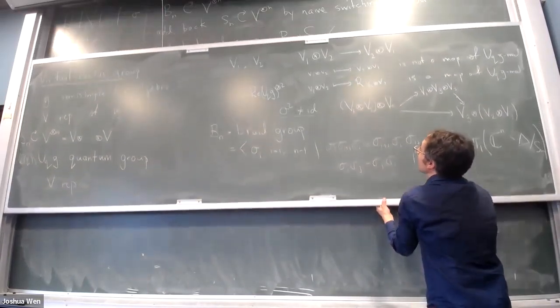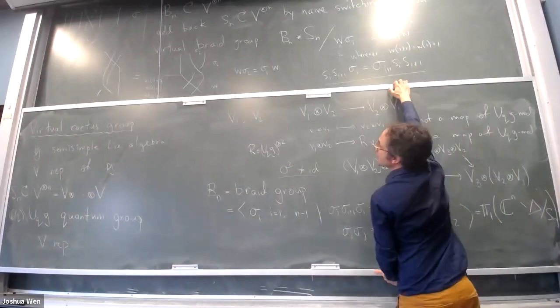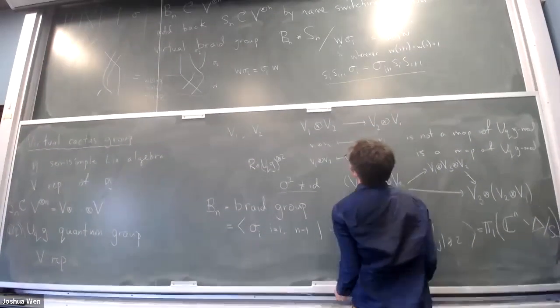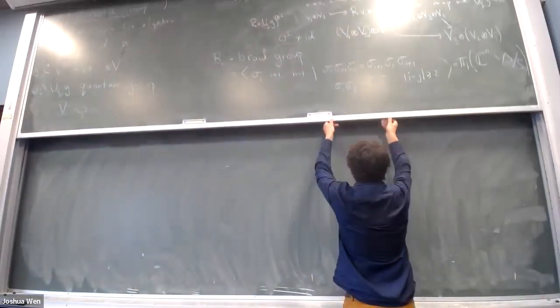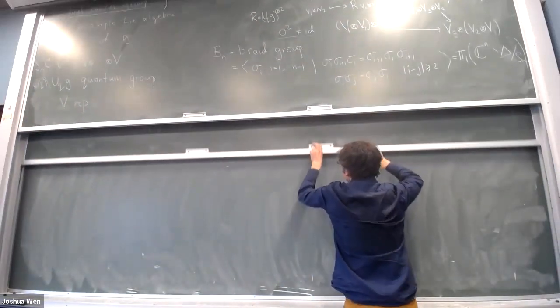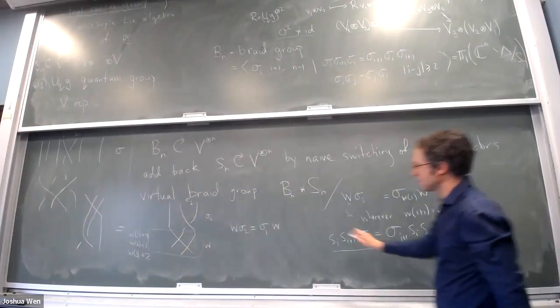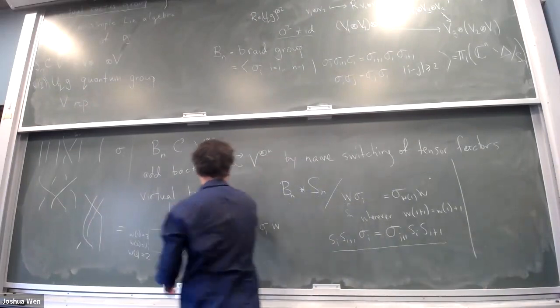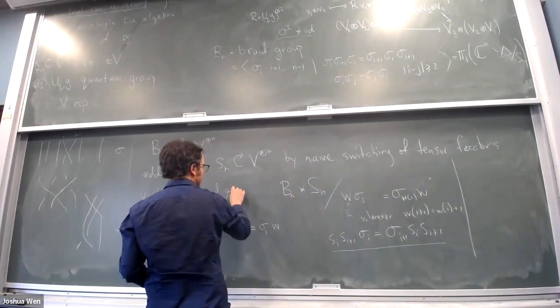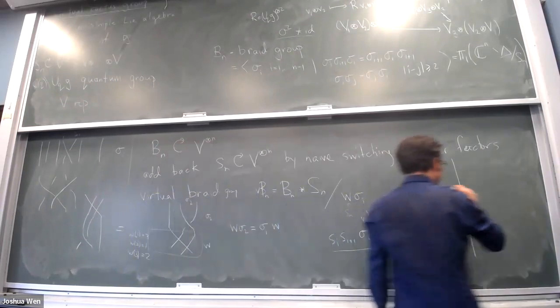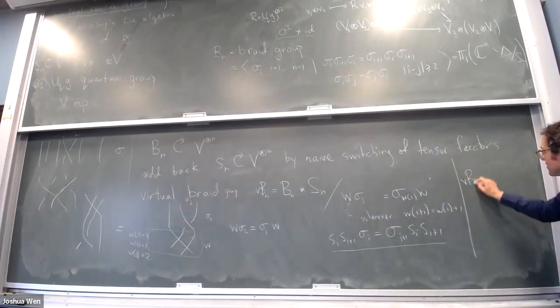I didn't exactly say it, but I sort of said it in words without writing it. So together, let me call this thing the virtual braid group. We call it VB_n. And then the statement, which is not hard to prove, and I think there was recently a paper that was exactly about this, but it's not a very nice thing,